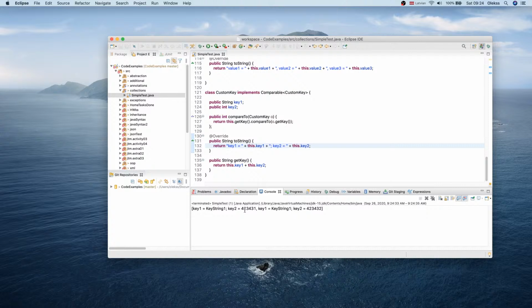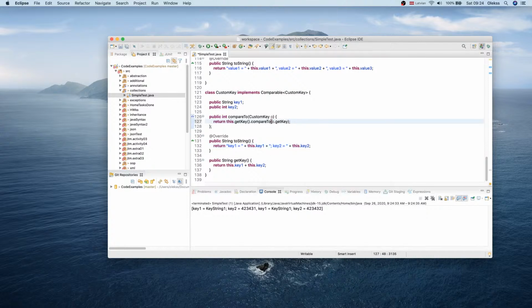Right. So yeah, that's about the method. You just simply want to get all the keys. You can use it